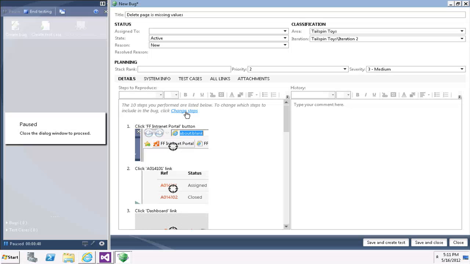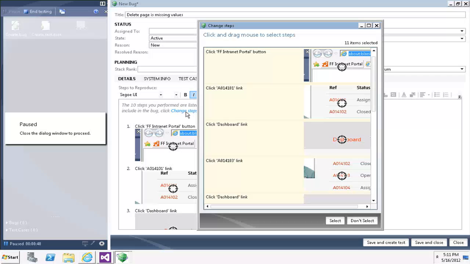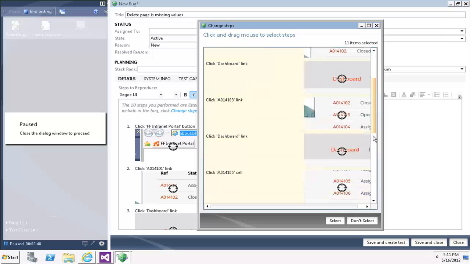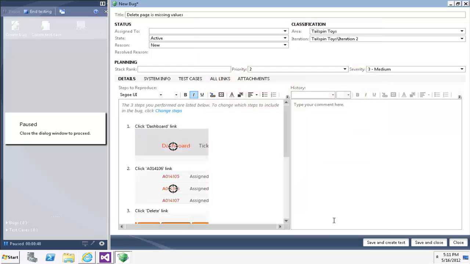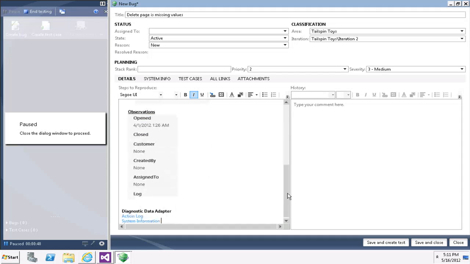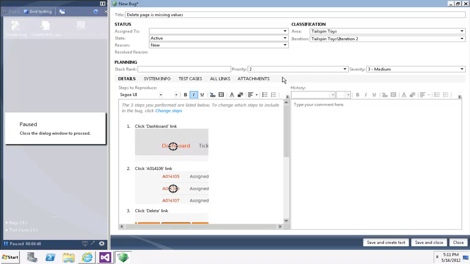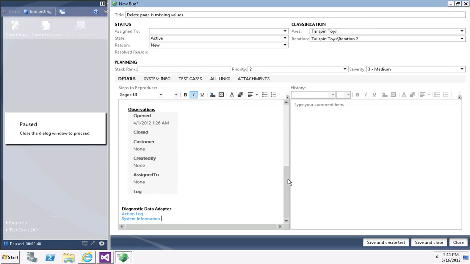So what you can do is you can click on Change Steps. And as a tester, I can scope this list of actions down to the ones that I think are most relevant to that bug that I found. And so now when I do that, it's going to scope that down. Keep in mind that if you do need to get access to this as a developer, you can still access the parent test run, and you can get the entire 45-minute session if that's what the tester was doing. But by default, we're going to try to make it easy for the developer, and we'll go ahead and file